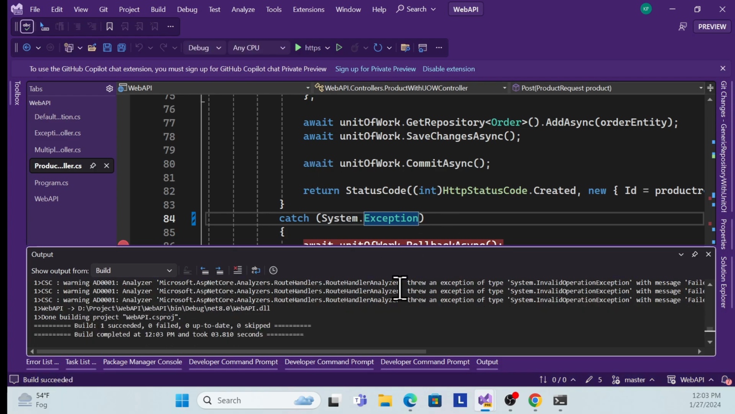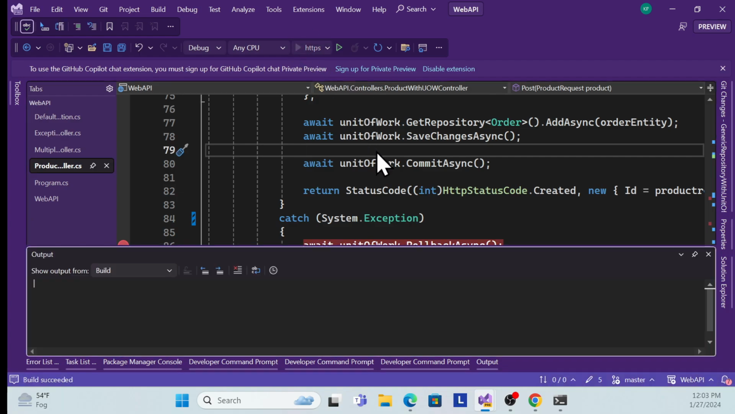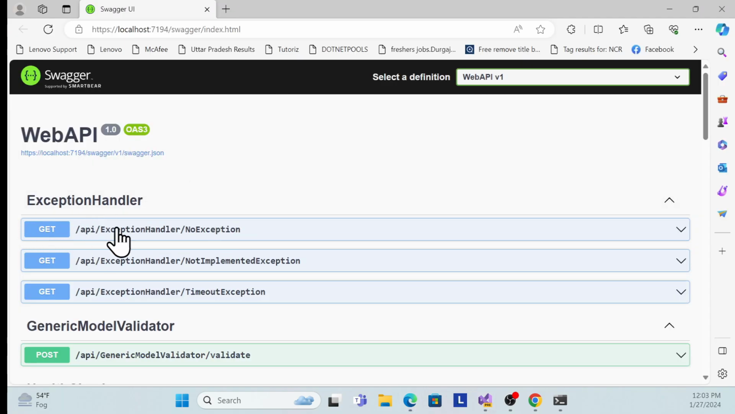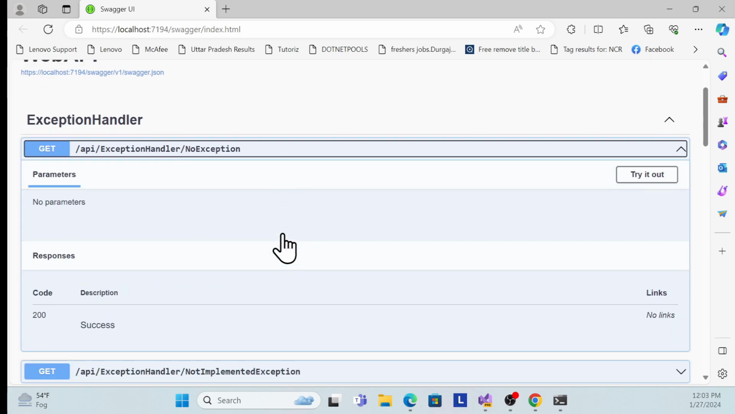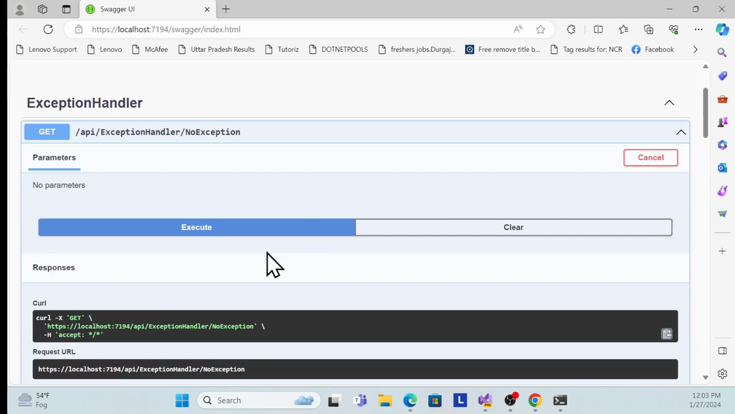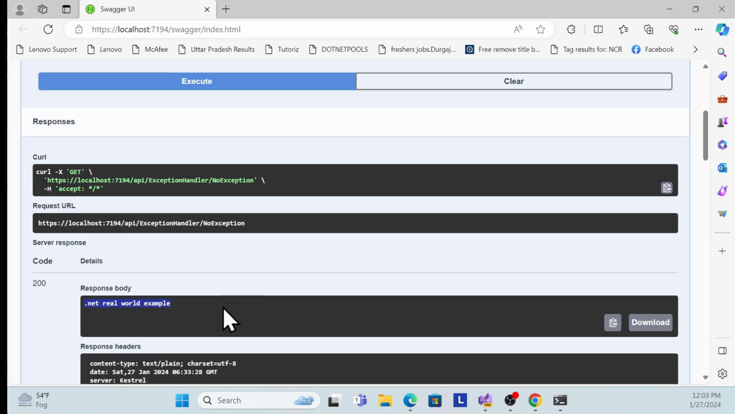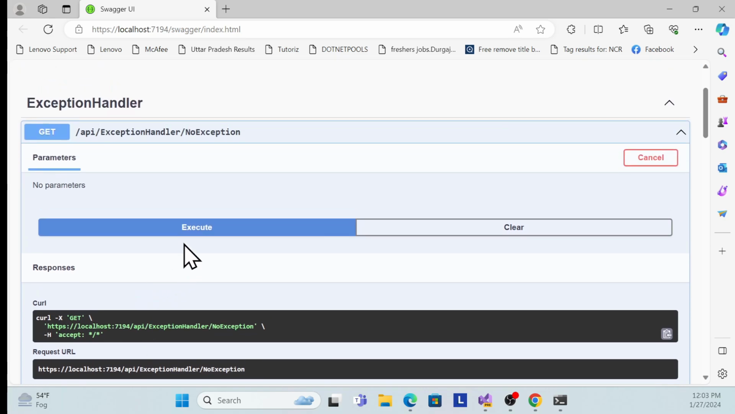Now see, the build is a success, everything is fine. Let me run it. Okay, now this is the exception handler. We have just created three endpoints. Let me verify everything is working. So now see, the response is as expected because there is no exception, but here